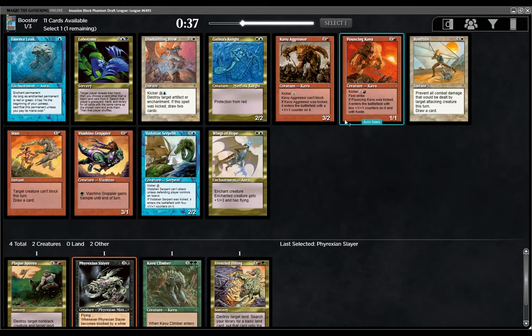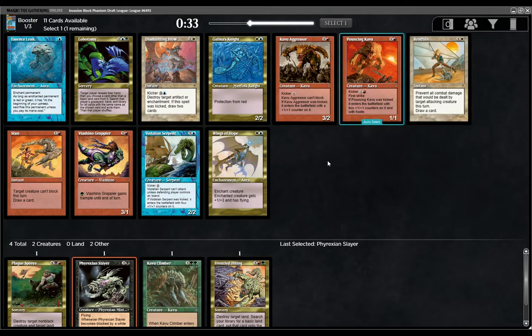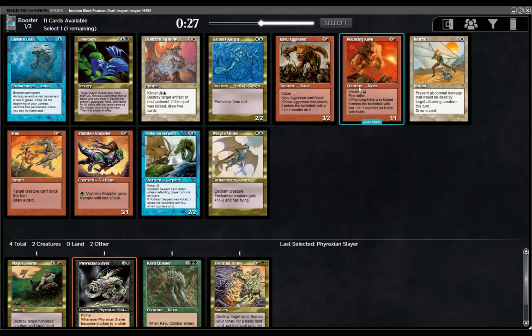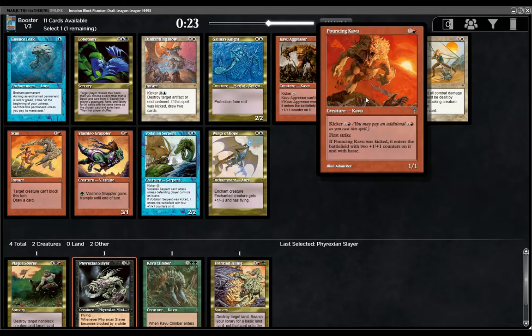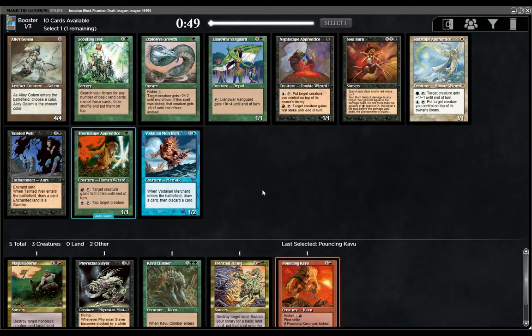Is all the sound gone in this? I like Restrain. I think that card's actually quite good. Pouncing Kavu's fine. Either a 1/1 first striker or a 3/3 first striker with haste. Seeing blue and white a little open. Oh, okay, and we're...